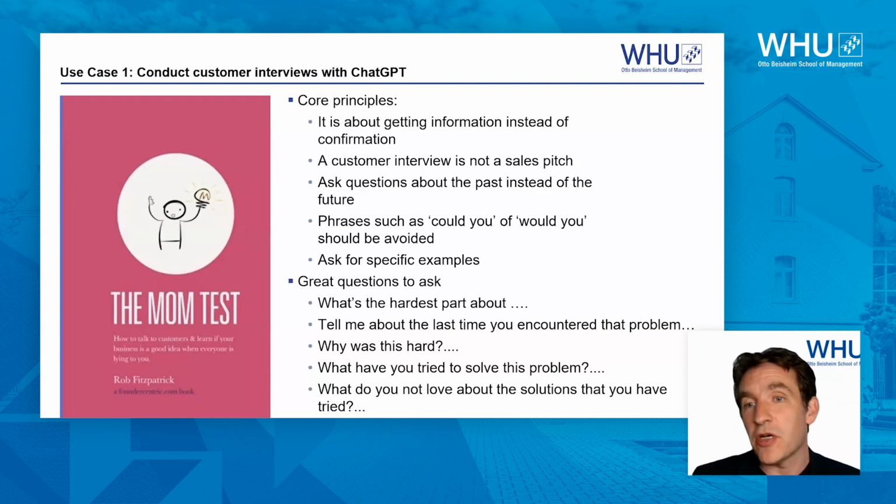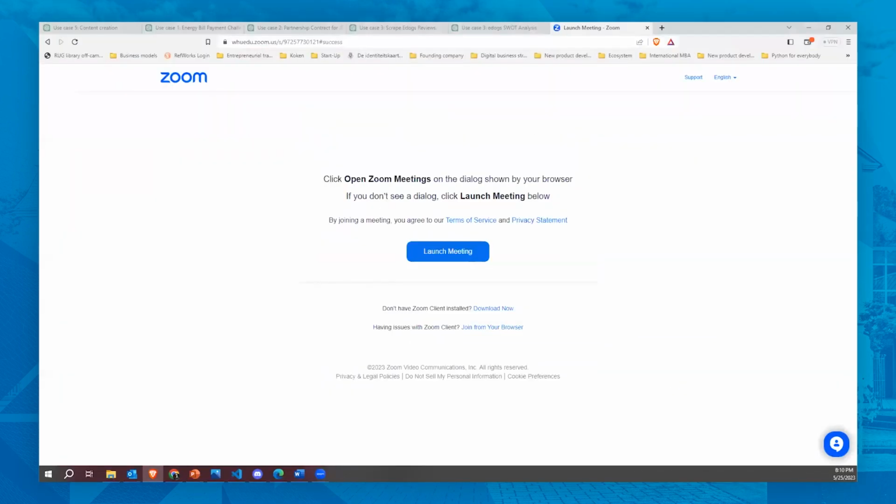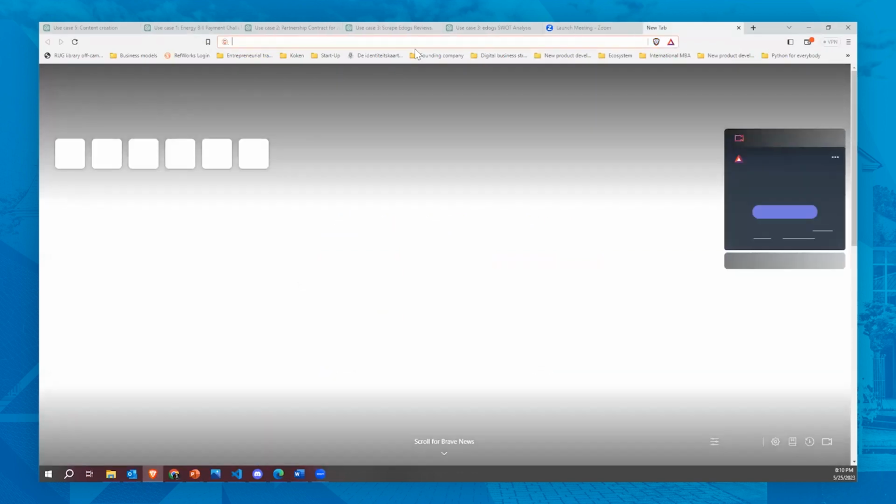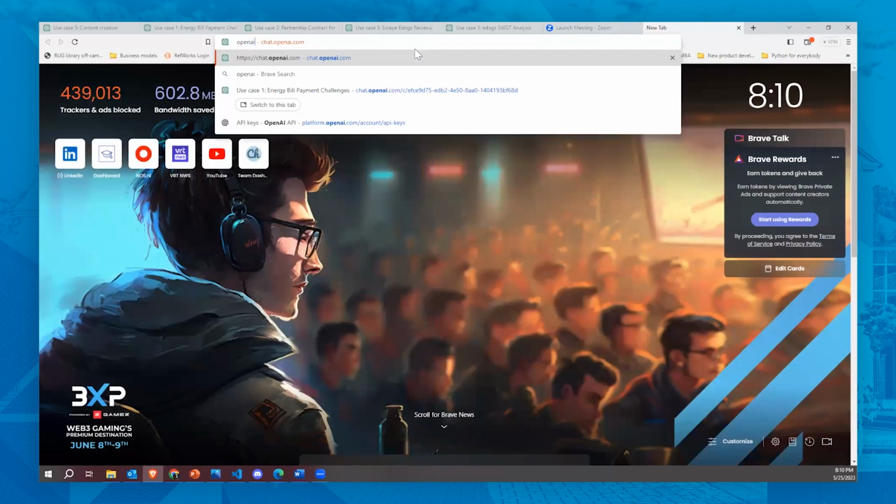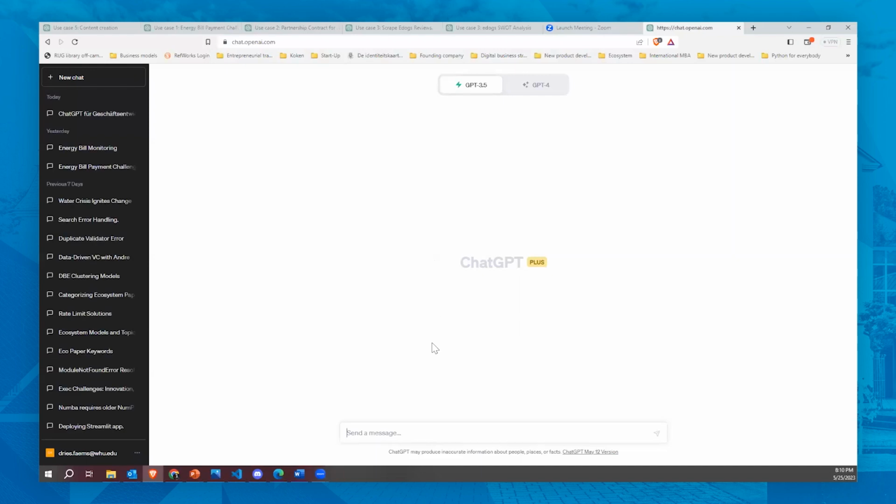And so recently, we actually started using ChatGPT as an alternative. We use ChatGPT as the customer, and the students need to do an interview with ChatGPT. Let me illustrate how that goes. So let me go to the OpenAI interface. I will just open a new OpenAI interface. You all know that, of course. So this is the OpenAI interface. Now I have access to GPT-4, so I have a subscription. This kind of stuff you can definitely also do with GPT 3.5. But let us do the prompting that I told you.